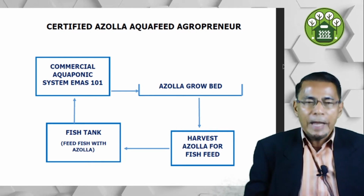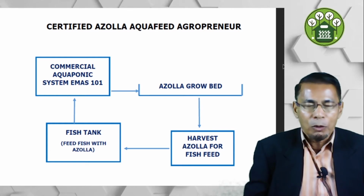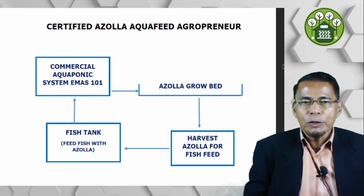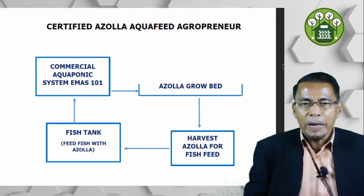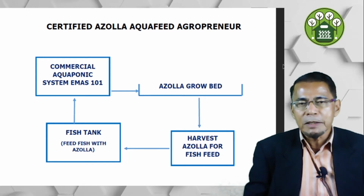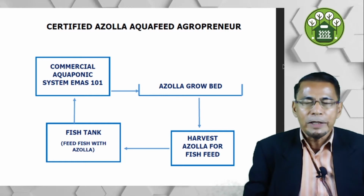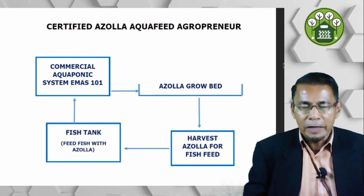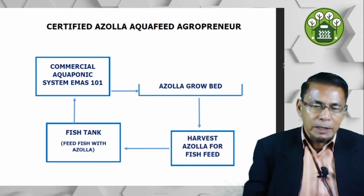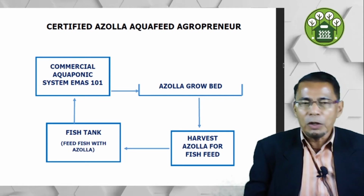Instead of using your standard grow bed, you go into the Azolla grow bed. We have the design for Azolla grow bed. You can go as large as 1 acre Azolla grow bed, using very simple plastic and also bricks, which you don't need to cement, just laying of the bricks and the plastic. The Azolla grow bed is only about 8 inches deep of water, and then you can grow Azolla. So it starts from the aquaponic system where you have your vegetables, you have your fish,